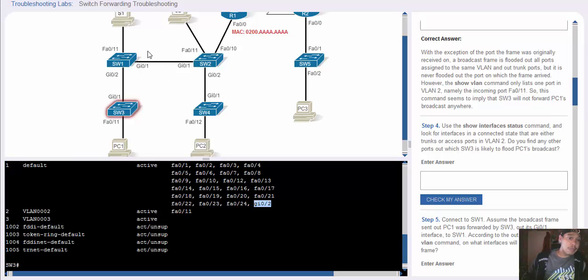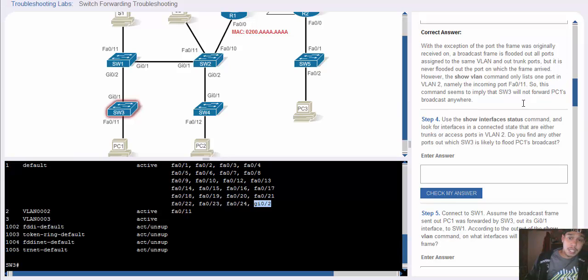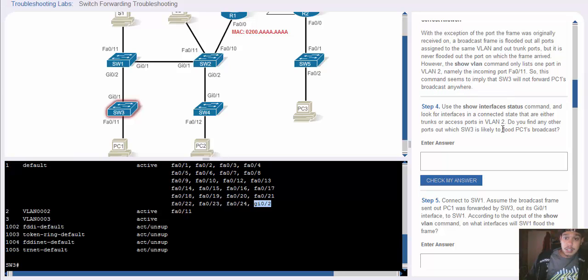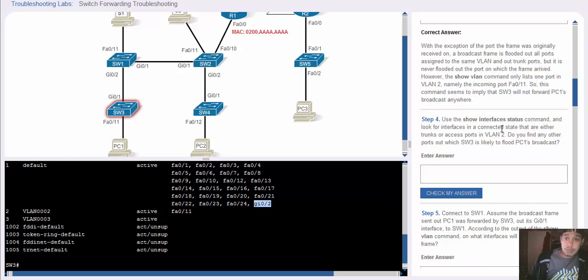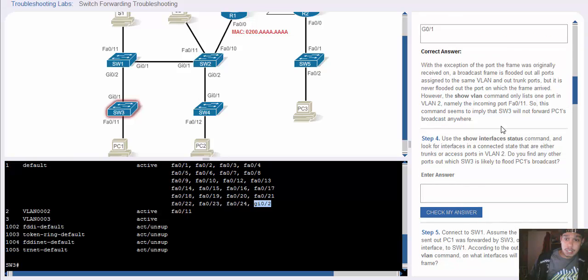We know that probably gigabit 0/1 is set up trunking with switch 2, but again we don't know where the broadcast will go from there. So for now we'll assume that the broadcast won't be forwarded. So we're going to move on now to